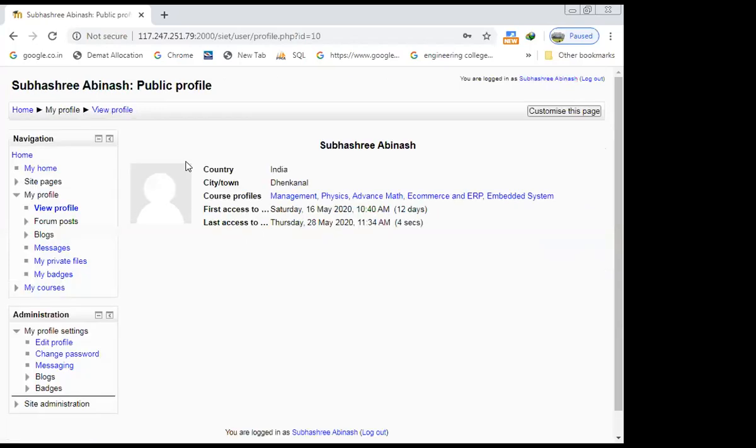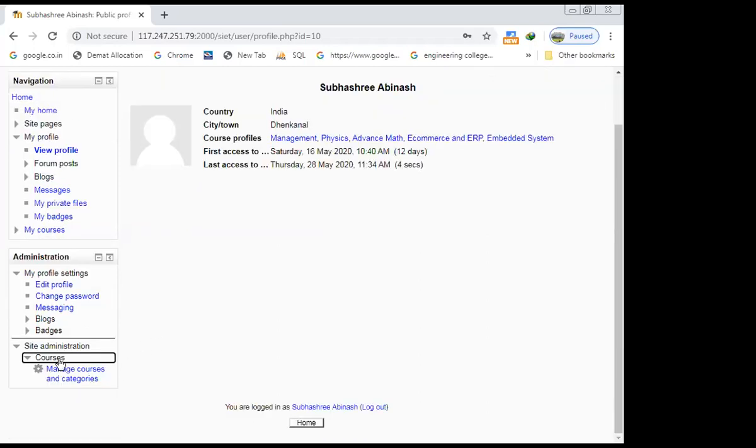After login this screen will be there. Step 1, if required please note it down: at the last of the navigation bar on the left side, site administration is there. Click on site administration, then for the courses, click on manage courses and categories.